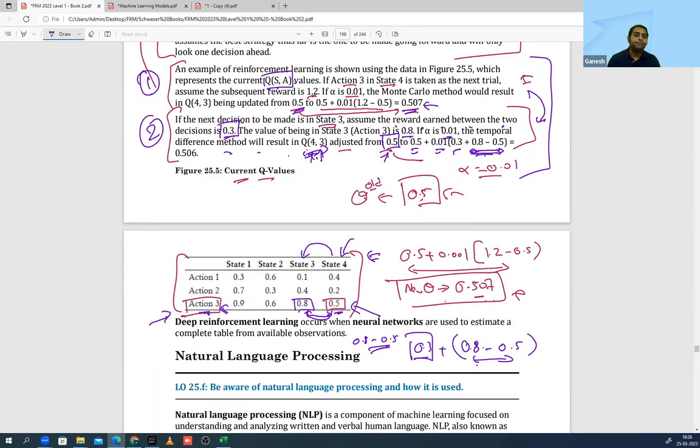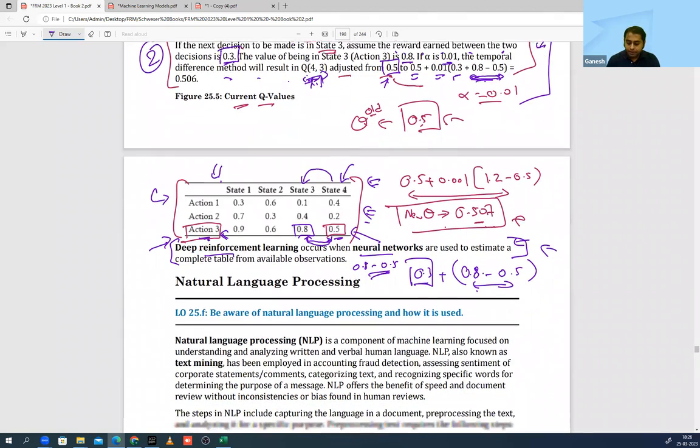All good? Now the last two lines over here are simply telling you how we got this table. Because when you're starting, there is no table, there is no information. So you can run other models like deep learning and neural networks to get the basic information about the table. And then on the basis of the table, you will keep on updating the information. So the last two lines are just to help you understand where the table came from.